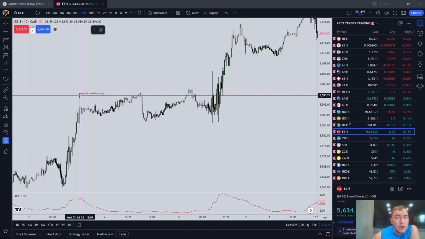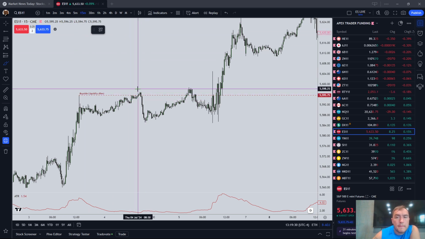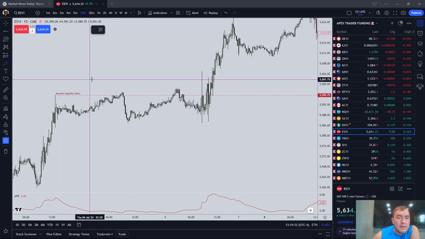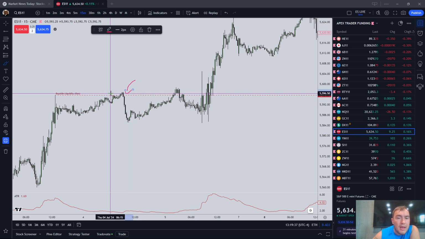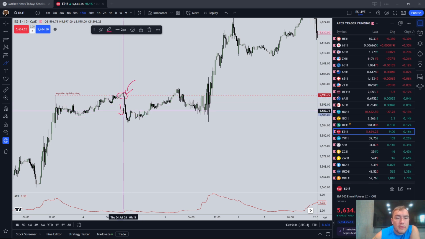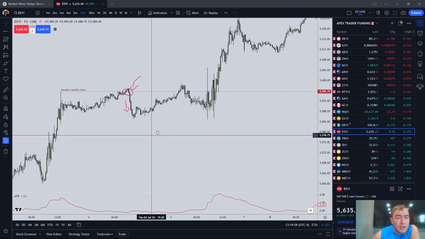So for example, here on the S&P 500, although this works on really any instrument, a turtle soup is basically a little poke above a prior high or a prior low, and then the market going back in the opposite direction, and that's called a turtle soup. Does it always work? No. Can it be difficult to know when the market's going to turtle soup versus when it's going to break out? Yes. But you should know, guys, that the turtle soup model is probably the easiest entry model to visually see